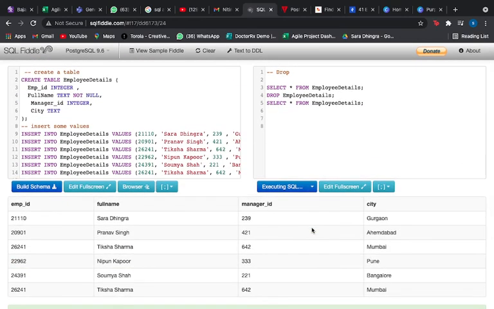Why? Because I don't have any table now. I don't have any table to execute the select command, because I'm asking to show me rows from the employee details table, but do I have that table now? No, because I have already dropped it. I have already deleted that table.